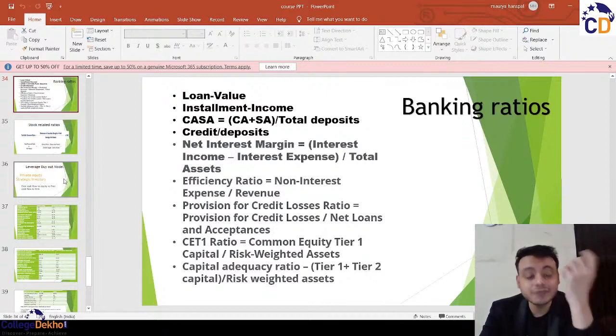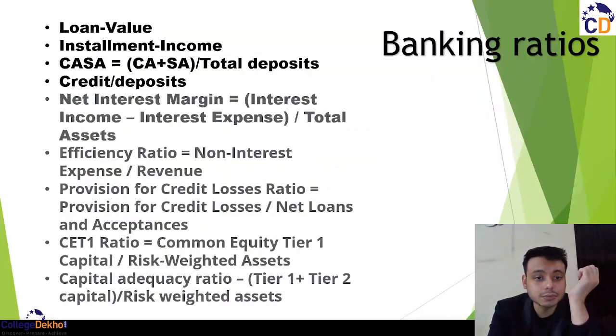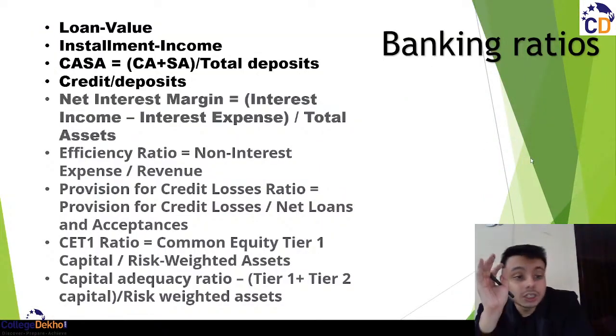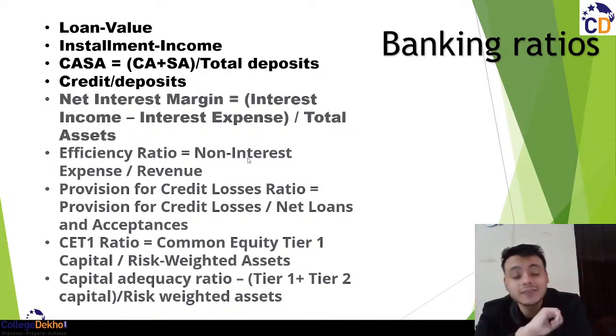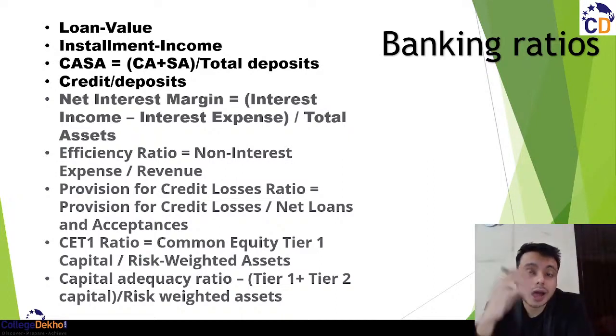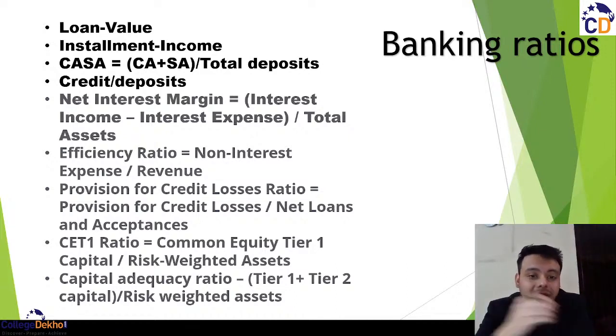When we talk about the efficiency ratio, as the formula says, I'll just enlarge the screen so it is visible for the participants to watch. The efficiency ratio is the non-interest expense divided by the revenue. Now, regarding banking companies, you know only about the interest expenses, as they earn from the interest income. But what about the non-interest expenses? These non-interest expenses are the basic usual expenses of banking operations, be it certain fees or charges for the operations or for the usual banking work.